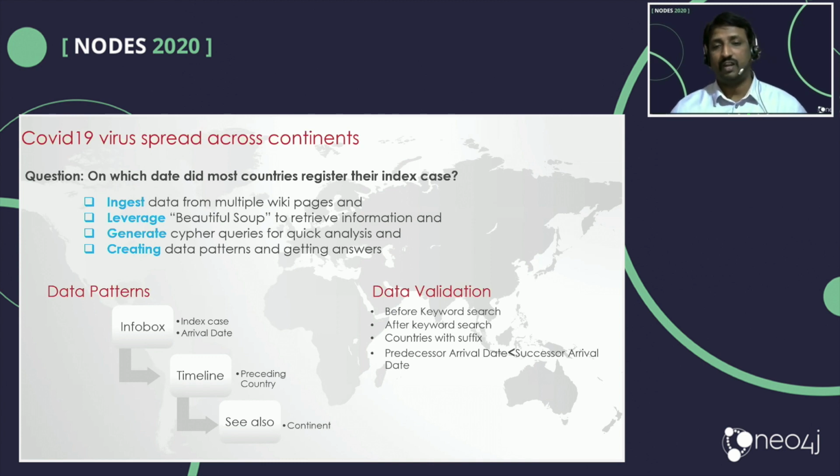The suffixes of country are very important to identify here, like Indian, Iranian, or Chinese, Japanese. So these kinds of validations we need. And one more important validation